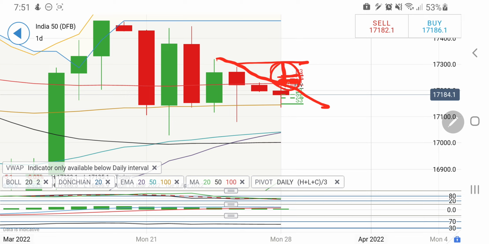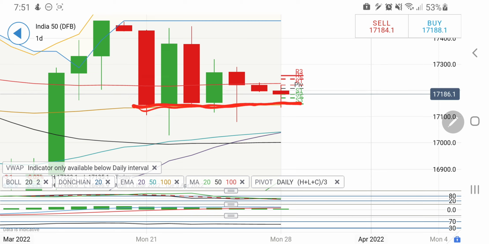In between this zone, I'll be watchful. Beyond 17,300 one can remain long, and then one can expect 17,400, 450 and 500 levels, and beyond 17,500 definitely, as I said in my weekly analysis, one can remain long. Also on the downside, there is a support coming into the picture at around 17,150 levels. Multiple times we have seen Nifty getting support on multiple candles at 17,150, 17,100 and towards 17,000. So this zone is very important.